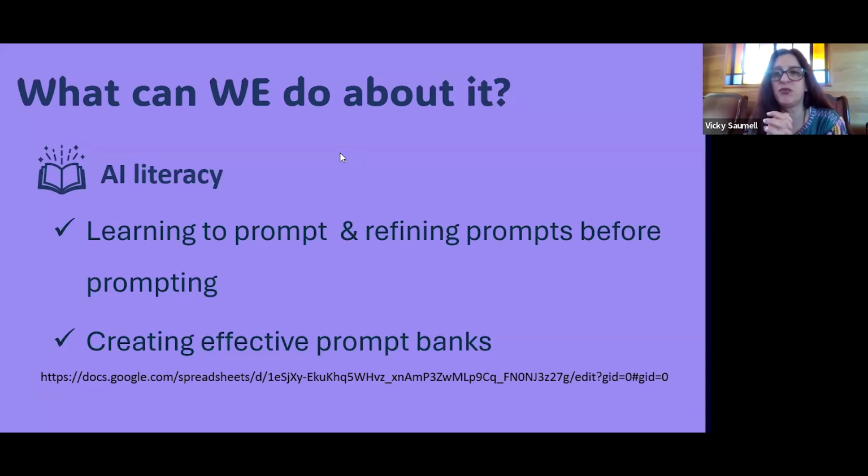And I haven't found what I would love to see, which is a prompt bank specific to ELT. And so what I'm trying to do is, if there isn't one, why not create one? And so I have taken it upon myself to see if I can create a prompt bank